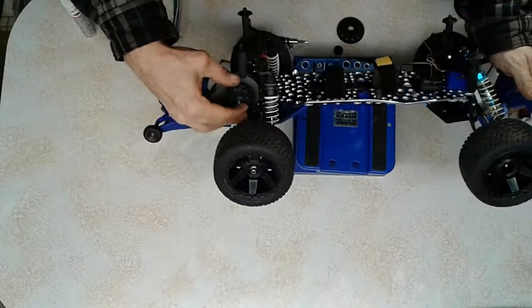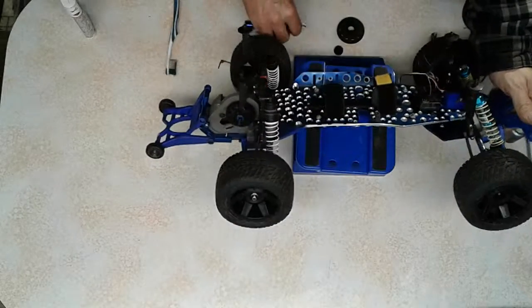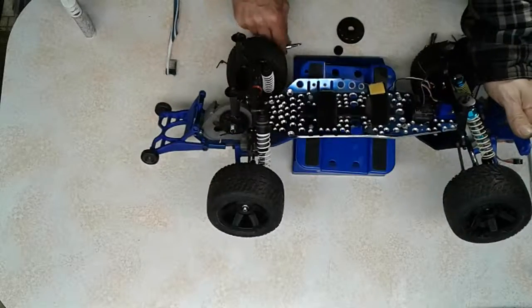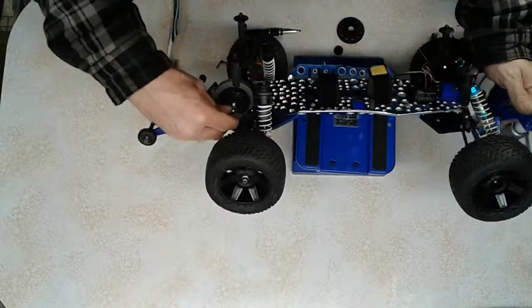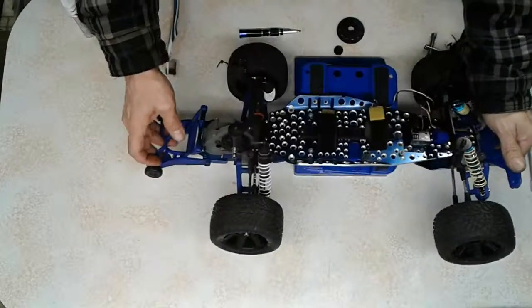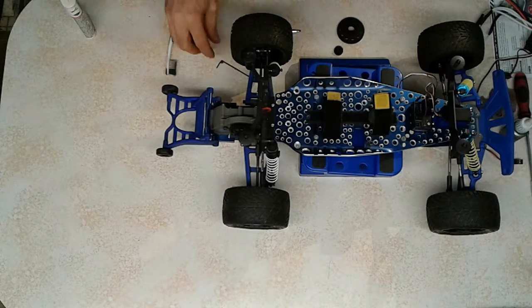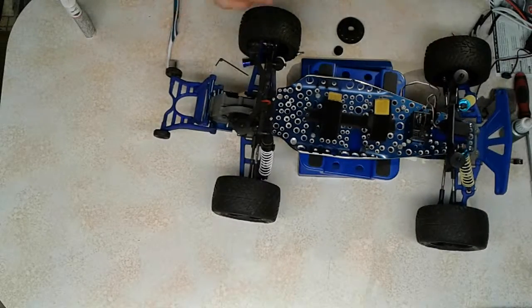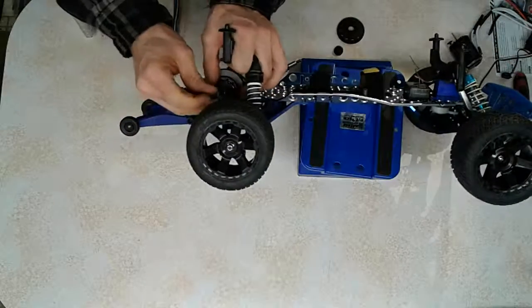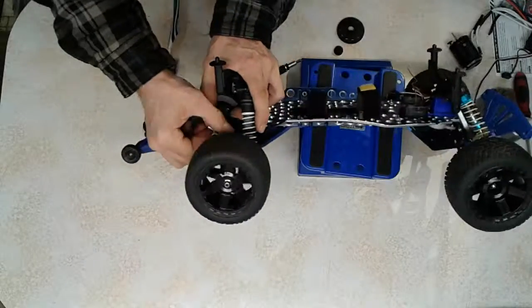So I'll just tilt it over outside. Basically just slap her back on. And like I said, this is for the guys who don't know what they're doing here. Not for the professional Traxxas boys out there. Here's your spring. The little nut. And because I'm going to set this up for a street vehicle, I'm probably going to tighten the slipper clutch down pretty good because I'm not going to be doing any jumps with this vehicle or anything like that. It's basically just going to be hard accelerating